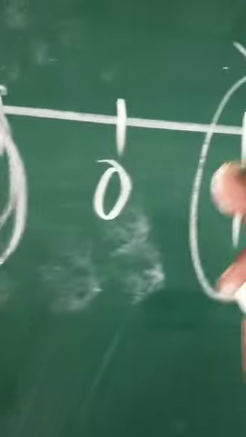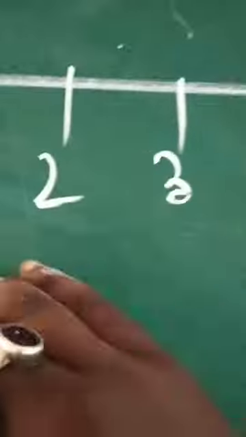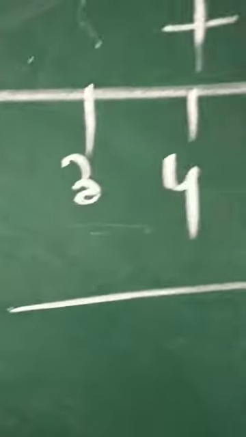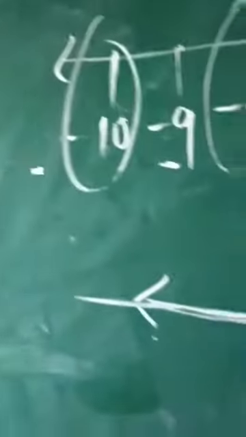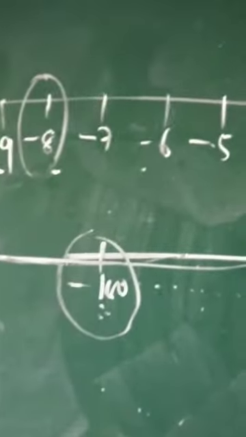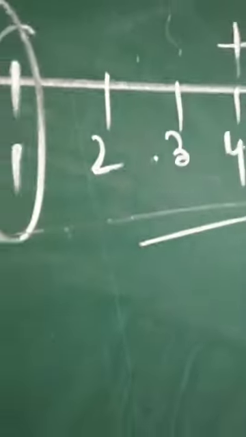Again, the smallest positive number is +1. The numbers lying at the right hand side of 0 are in increasing order: 1, 2, 3, 4, 5, 6. All these numbers are on the right hand side of 0, towards the positive line, so these numbers are in increasing order. And the numbers on the left are in decreasing order. This is what we have to always keep in our mind. From 0 towards the left hand side, the numbers are in decreasing order, and the numbers on the right hand side of 0 are in increasing order.